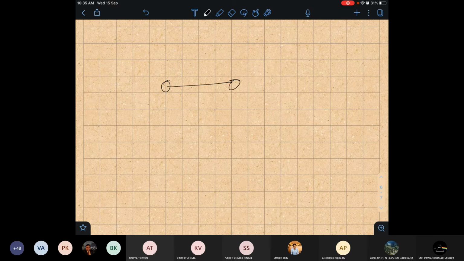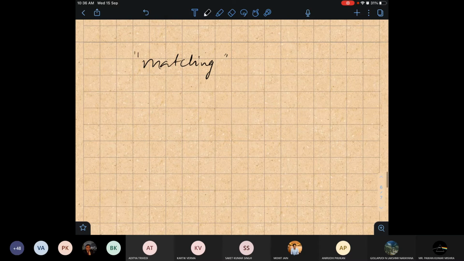How many of you know, before discussing, what a matching in a graph is? You know the definition. Matching is, suppose given a graph, suppose this is the graph, a set of edges basically. I will pick, suppose, these two edges.